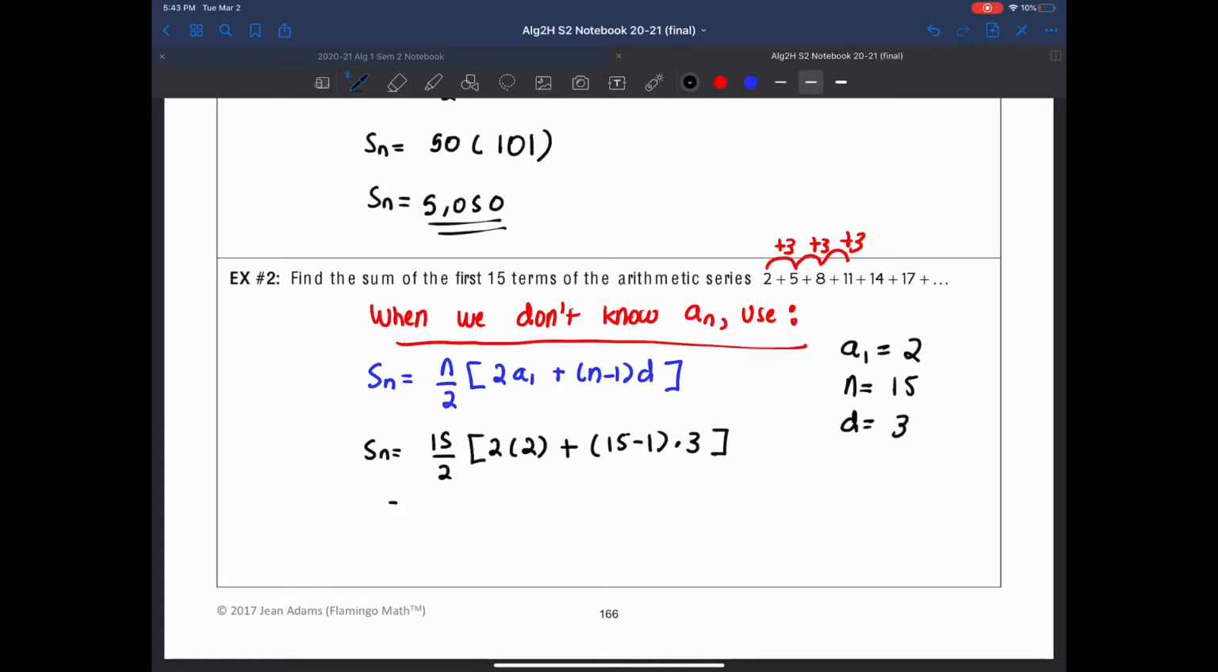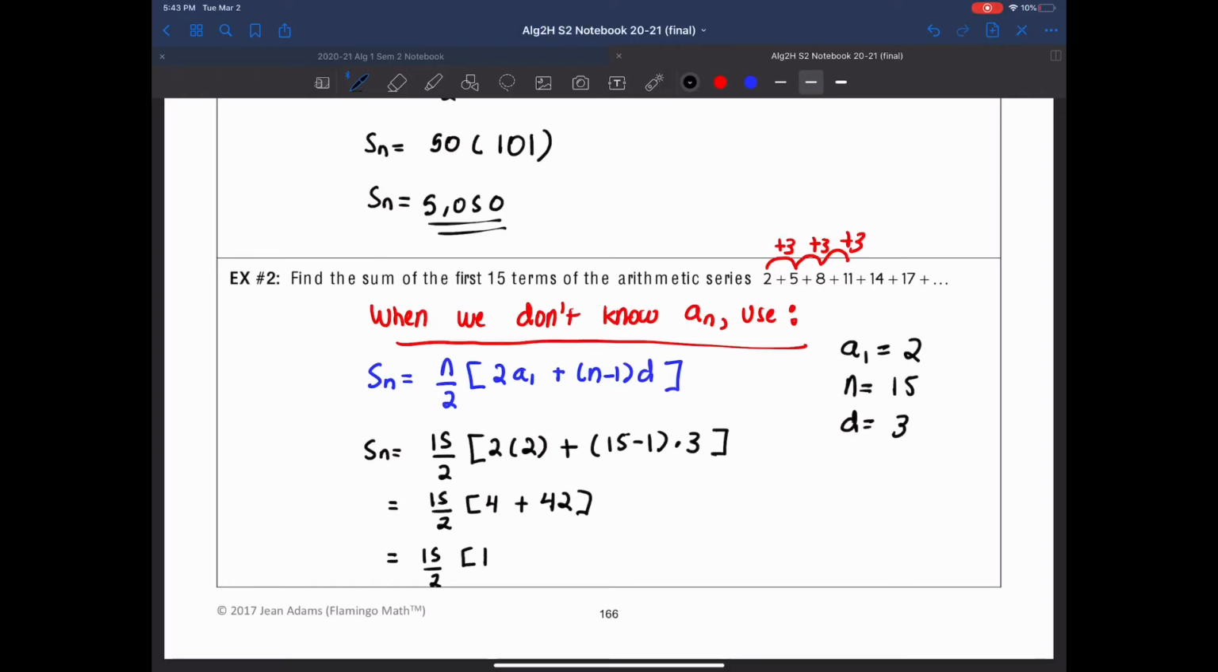Well, 15 over 2, that's going to have to remain 15 over 2. We're not going to convert that to a decimal. 2 times 2 is 4. I know that 15 minus 1 is 14, and then 14 times 3, that's going to give me 42. So I have 4 plus 42. Now, 4 plus 42, that's going to give me 15 over 2 times 4 plus 42, that's going to give